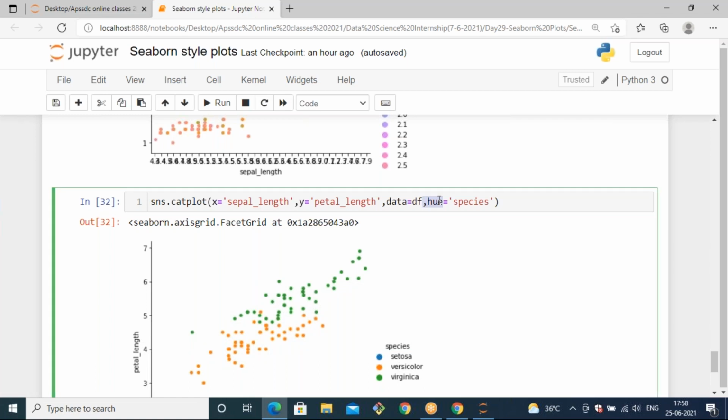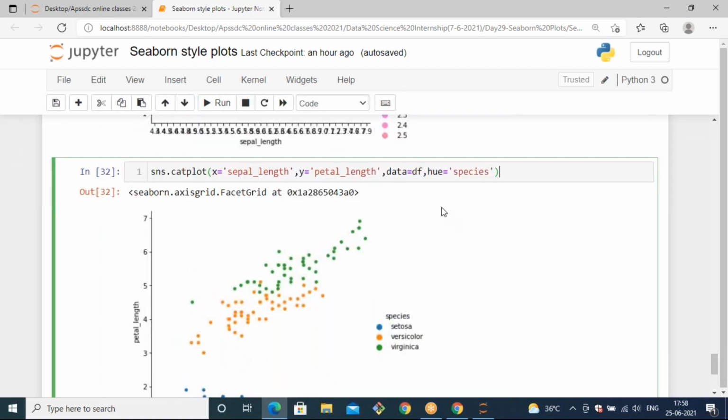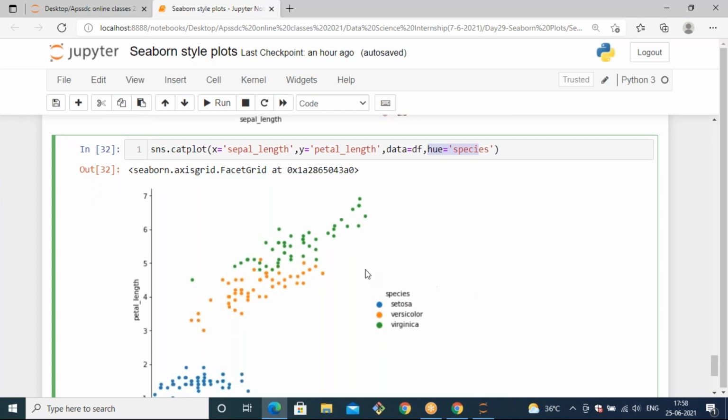So hue acts like a grouping. Based on the hue parameter, you can group your values. If I mention the hue parameter like this, it will generate based on the values. It will group the values out of the given data, and it will display the colors for them. So if I make hue as species, it will generate 3 colors for species.